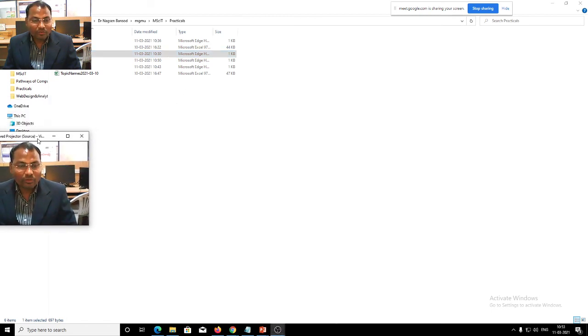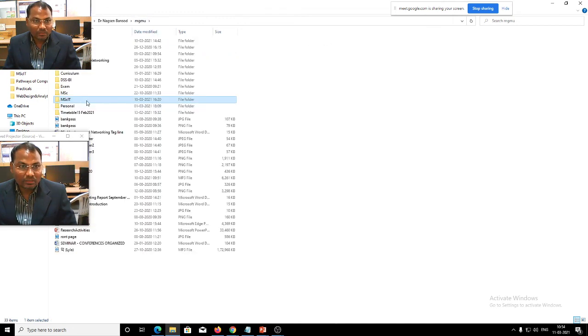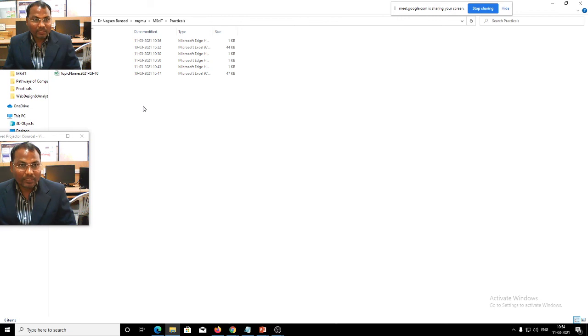So instead of this, we have to use any other image. Now we are going to use an image. We have one image, this rose image. We will copy this rose image in a practical folder and paste it here.